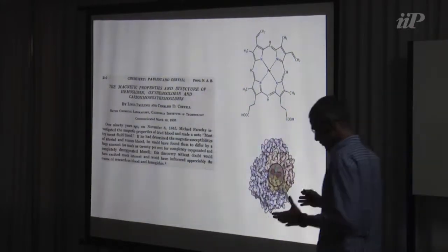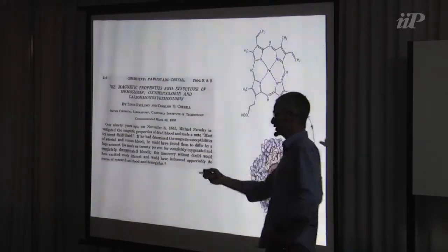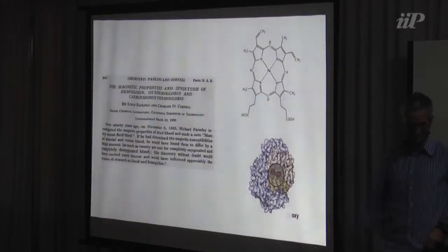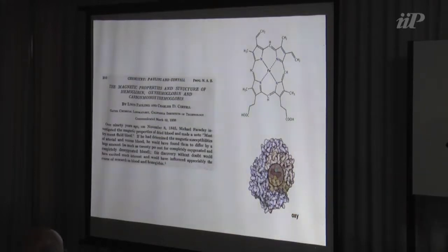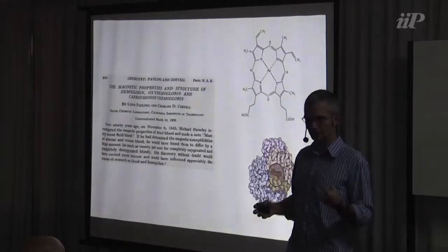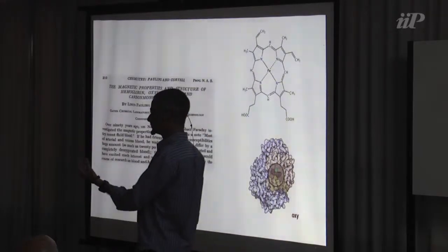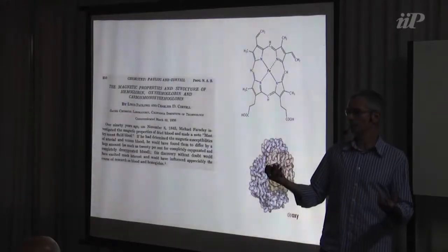For those of you that are biologists, what is it that's paramagnetic and diamagnetic? Basically, the property that's important for us in the MRI is the fact that something that's paramagnetic distorts the field around that molecule more than something that's diamagnetic. That's the only thing I want you to know.